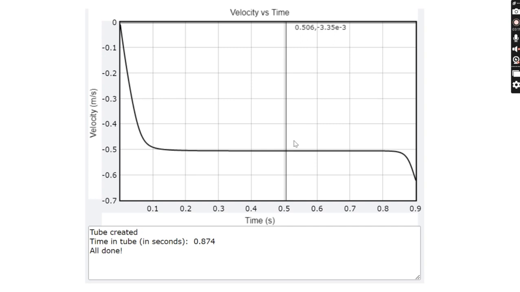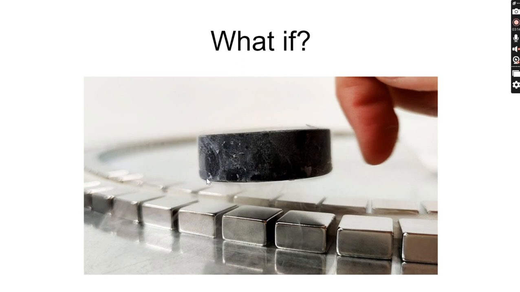Now, for the questions. The what if question, asking about if the resistance in the aluminum was 0 or very, very close to 0. As the resistance in the aluminum gets closer to 0, our computational model would predict that the magnet would fall slower and slower and slower through the tube. And in the limit, where there is no resistance, such as in a superconductor, the magnet would actually not move at all. It would be locked with the aluminum foil,